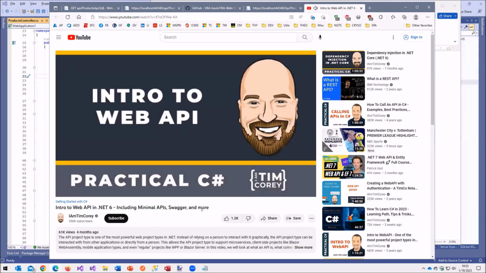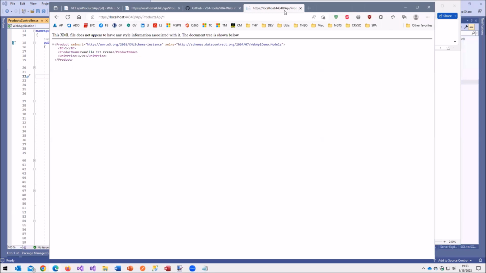So I will put a link to using stored procedures and SQL in web APIs, so that if you're interested in building one using Visual Studio, you can do so without having to use Entity Framework. Okay, great. Any other questions?